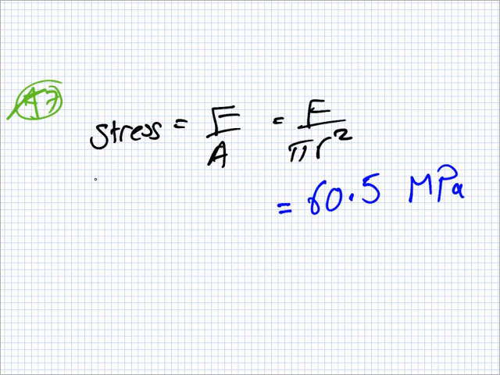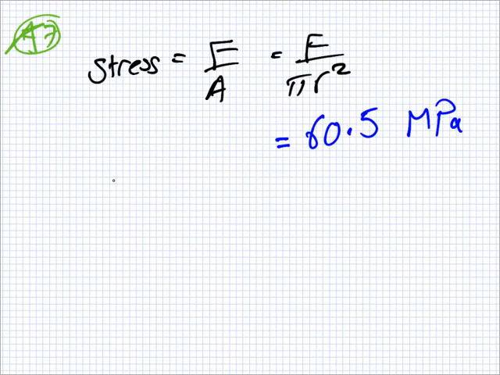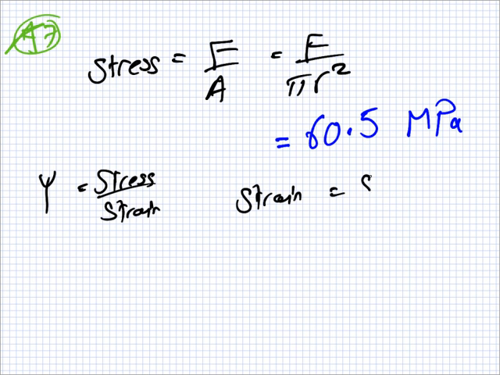Now, what formula should we use to get the strain? Young's modulus equals stress over strain. So really it's just the strain is the stress divided by Young's modulus. So what is Young's modulus in the question? 1.17. So that is 5.17 times 10 to the minus 5, which is